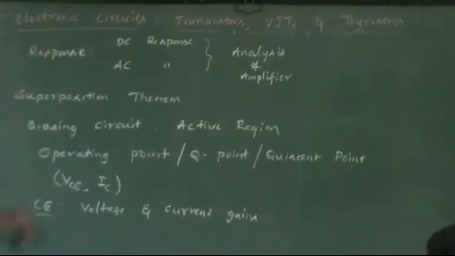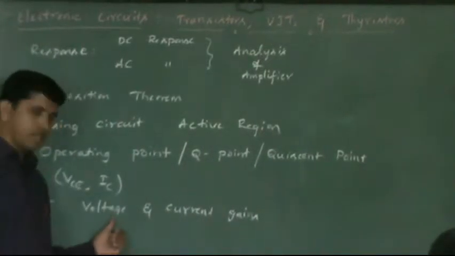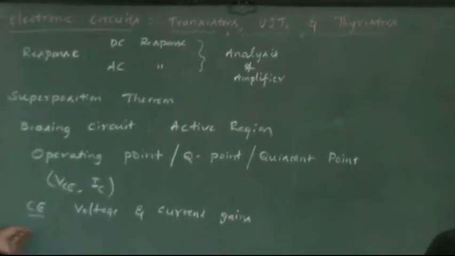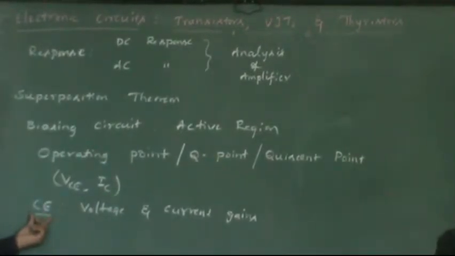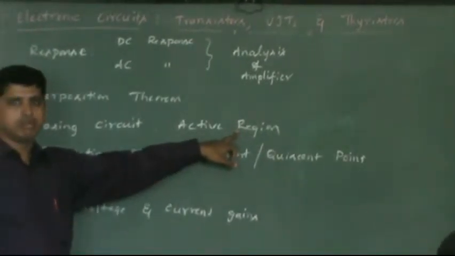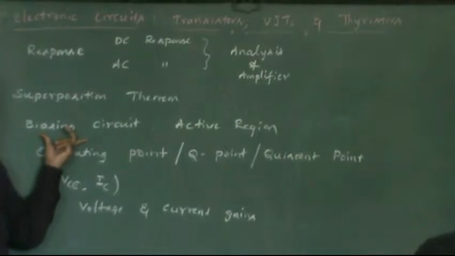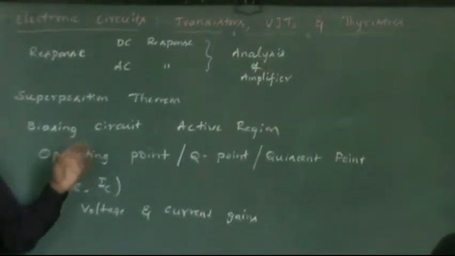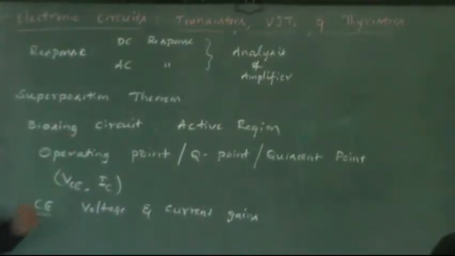You see all these methods here. First of all, you must choose a BJT and connect it in common emitter configuration. The reason I gave here is because it has a sufficient amount of voltage as well as current gain, whereas other configurations do not have it. And having connected the transistor in CE configuration, next what you must do is operate it in the active region. How do you operate in the active region? Using the biasing circuit. What does the biasing circuit consist of? Resistors, only resistors and DC supplies. It does not contain any capacitors. Okay, only resistors and DC supply along with the BJT, bipolar transistor.